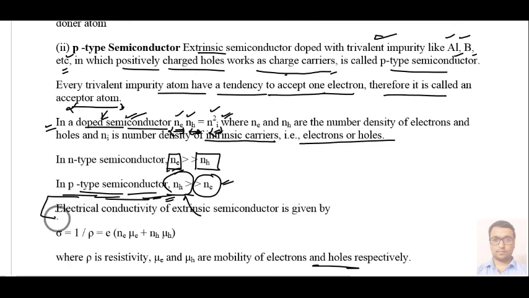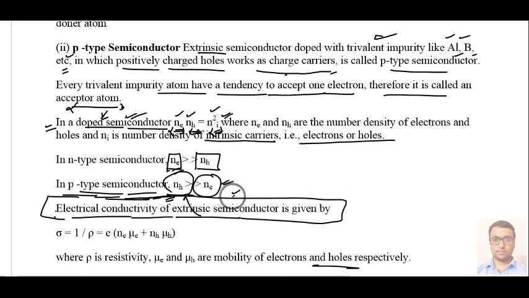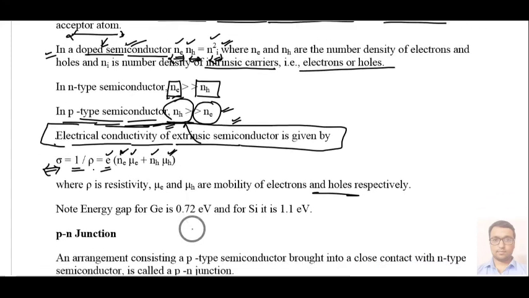After that we have one formula, for electrical conductivity, showing how the conductivity of a semiconductor is improved by doping or mixing. The conductivity is equal to 1 by resistivity, and is given by the formula e times Ne times mu e, where e is the charge of the electron, Ne is the number of electrons and mu e is the mobility of electrons, plus Nh, the number of holes, times mu h, the mobility of holes.